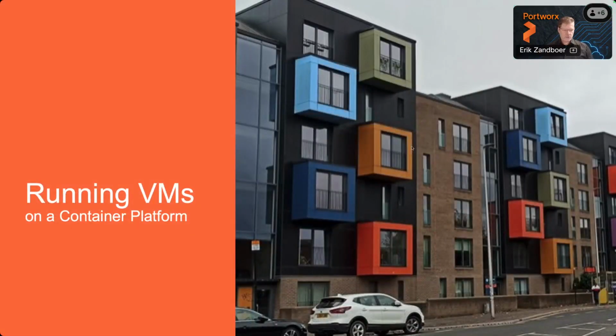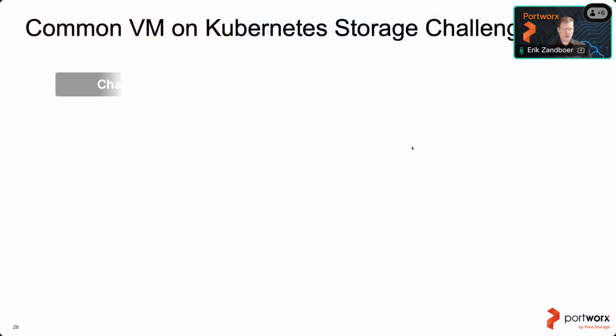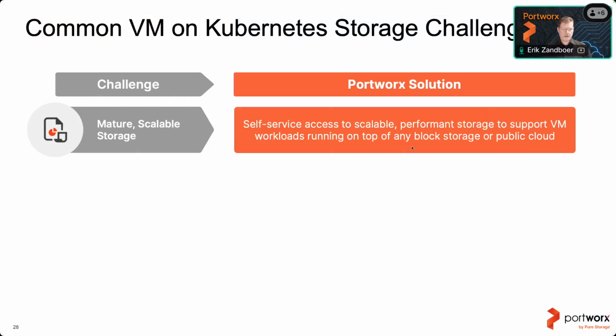So now on to running virtual machines. There are some common problems with virtual machines, and these are some of them, right? You need mature, scalable storage. That's something that Portworx definitely provides. We can run it on top of any block storage. So in some cases, HCI with local disk may be smarter. Sometimes we're backing it with a storage array, depending on the use case. But if you want a no-problem thing that scales out forever, then very often local disk is the answer.